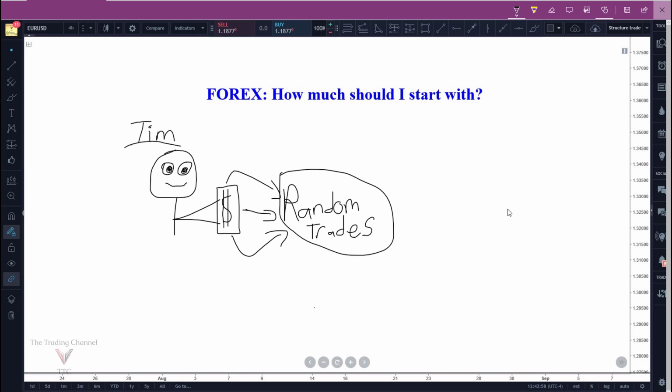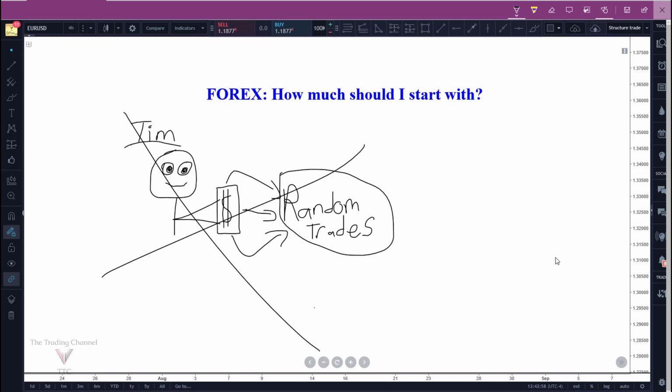I'm not saying it's impossible. I'm not saying you'll never get there. It will take practice, it'll take time, it'll take effort and education, but it's very possible that one day you will be profitable in your practice account. You'll be profitable in all your backtesting and forward testing results, and you'll have your trading plan in place in order to start a live account. That's not happened for Mr. Tim yet. Tim, you are not ready.